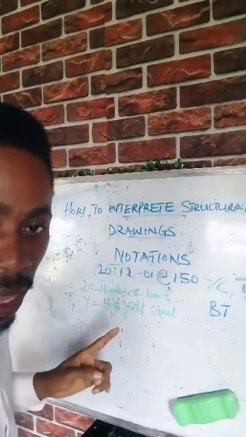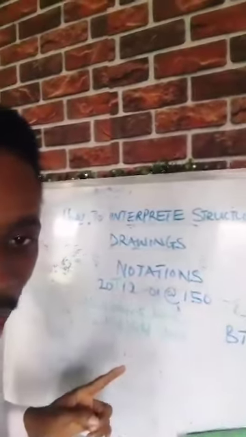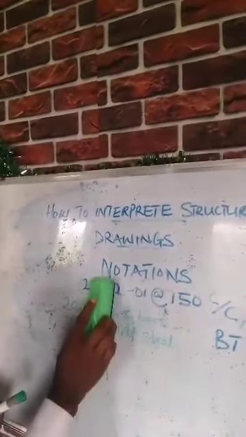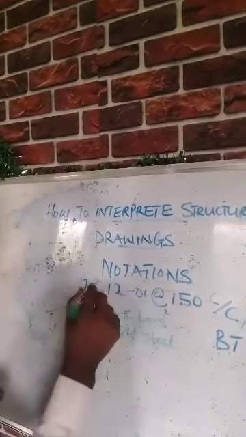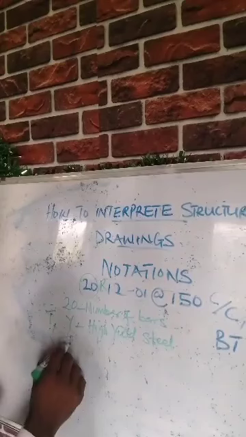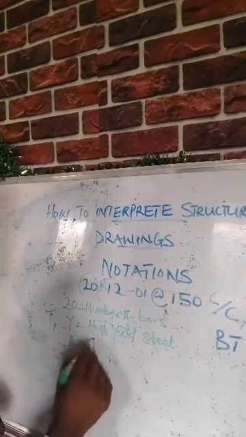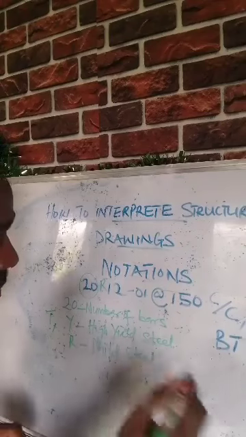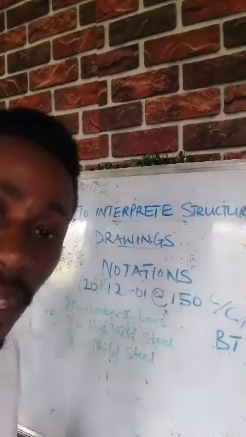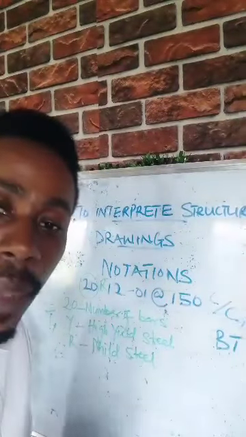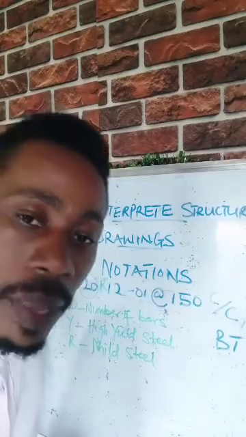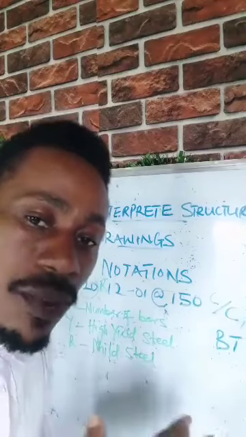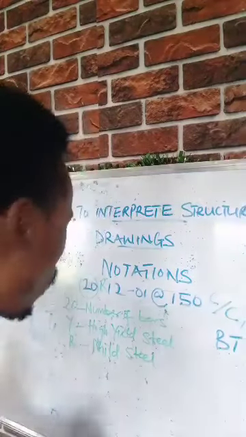Then in some cases you might have it as R. R here means mild steel. These are steel whose tensile strength is about 250 Newton per millimeter square. Such tensile strengths of steel are what we refer to as mild steel. So as the case may be,